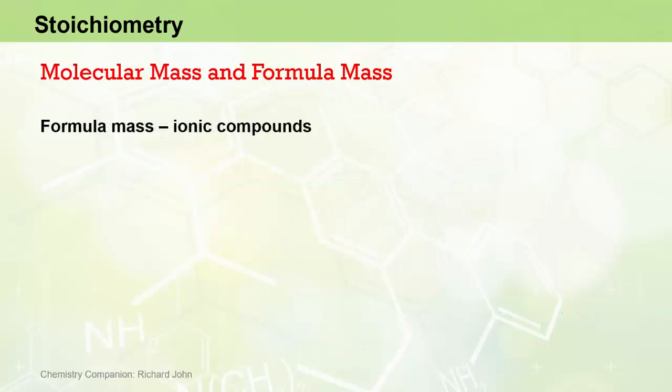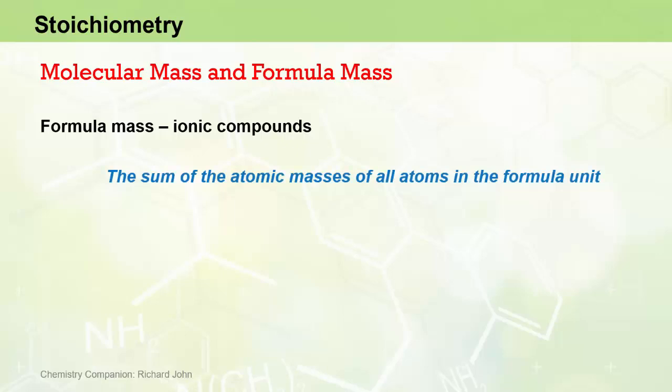For ionic compounds, it's slightly different. There are no molecules, and so what we actually refer to is a formula mass. But again, we simply add up all of the atomic masses of all of the atoms in the formula unit for ionic compounds. So, for an ionic compound such as calcium phosphate, represented here by its formula unit,